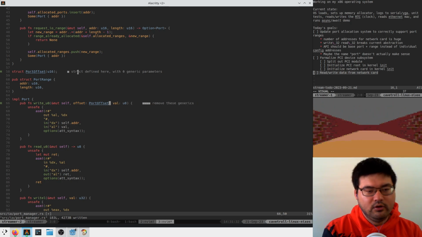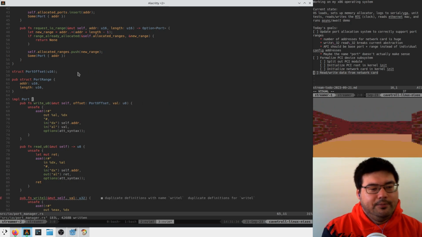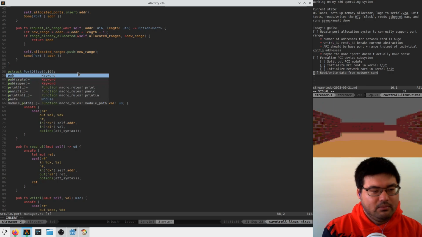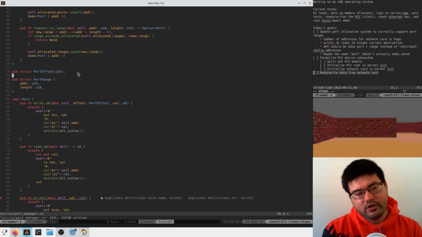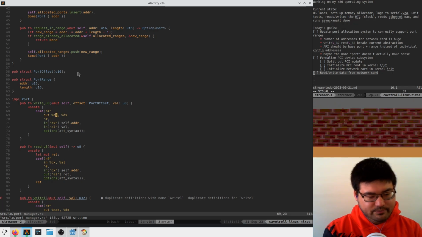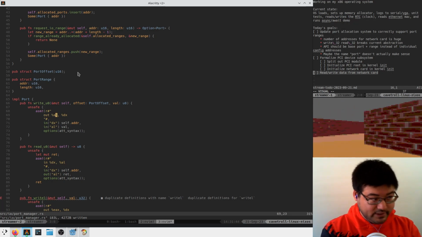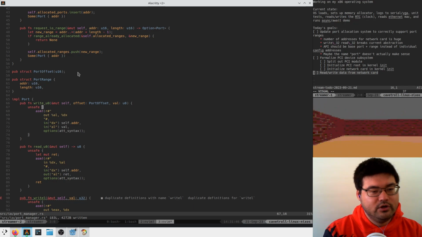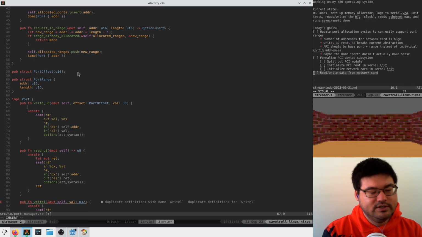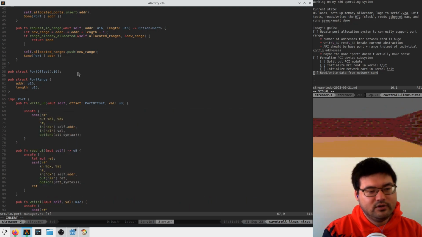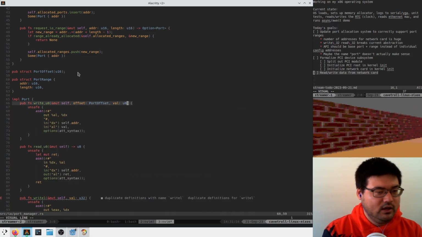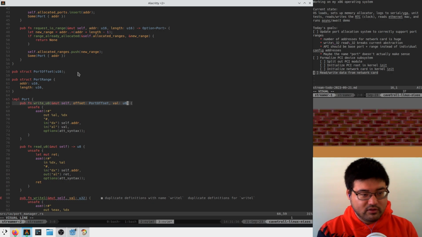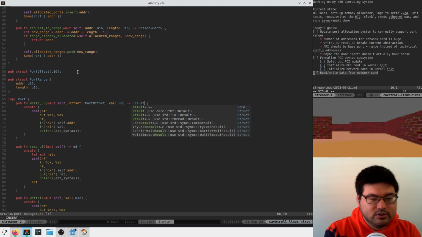So this needs to be public for that to work. And I don't know if I have to write pub here. I can't remember. We'll see. Okay. So now the first thing that we have to do here is self. So these can now fail, right? Because you can punch in an invalid port offset for this port range. So these will now return results